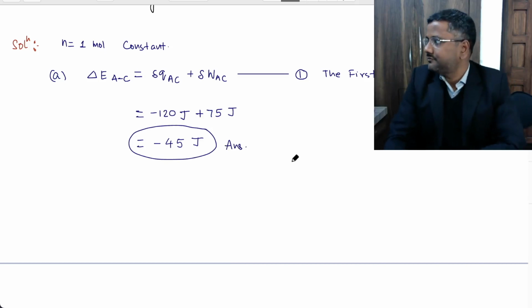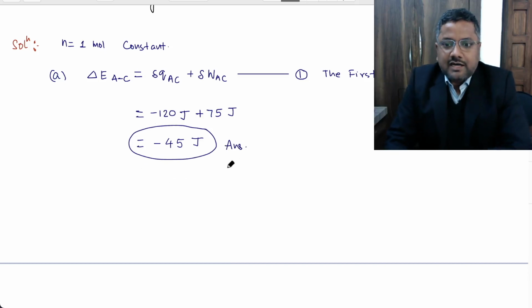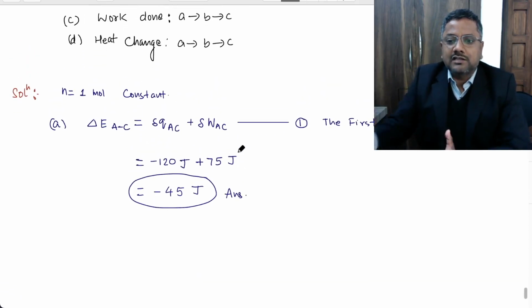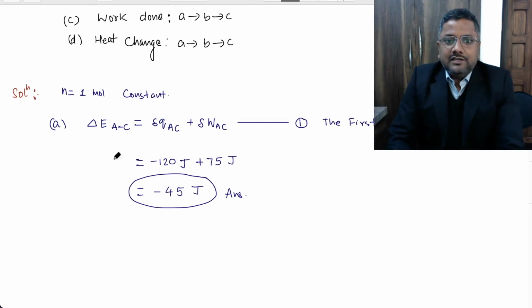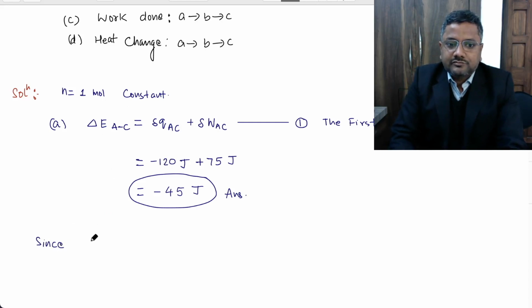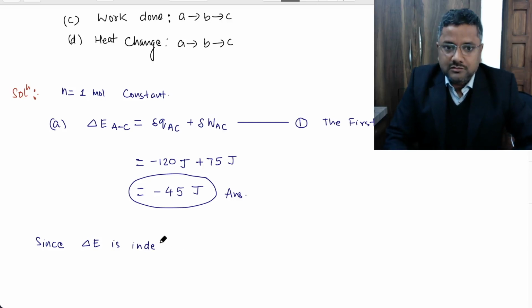Now, what other generalization can we write from the concept? We know that change in internal energy is a state function, so it depends on the initial and final state. It is independent of the path. So we can write here, since delta E is independent of path,